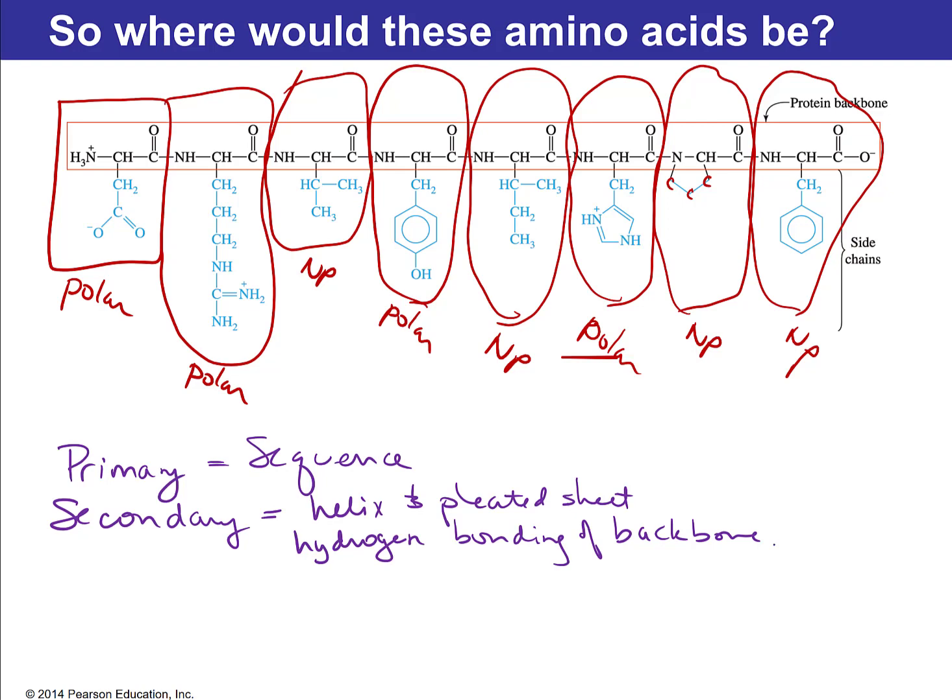What you're looking at here is the R groups. So we went through with each of these R groups and designated, are they polar or are they non-polar? Because if they're polar, where are they going to be found? On the outside of the protein or deep on the inside? The outside, because they want to interact with water. So polar R groups, like the first and the second one, the fourth one, the sixth one,